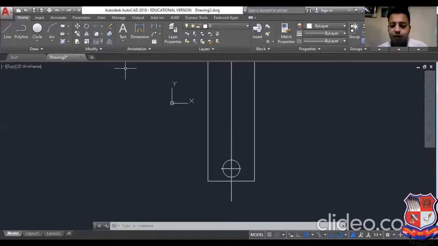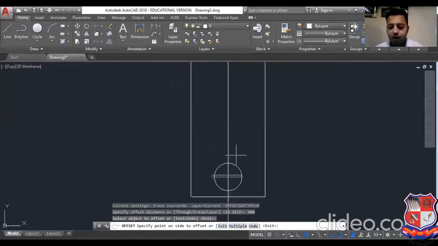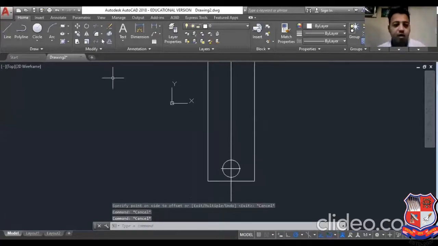Now go for offset, and for the distance I will type 500 mm, because 50 mm is very small. 500 mm, and I select the line, and I create it in the upward direction. Actually 500 mm is also a very low value.